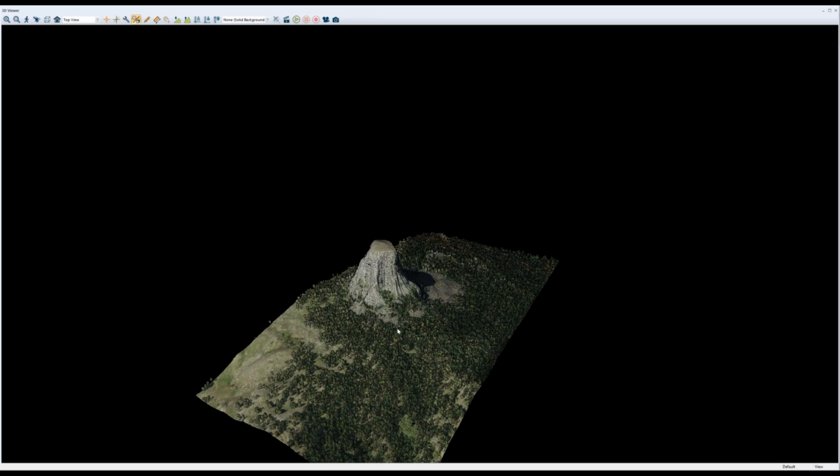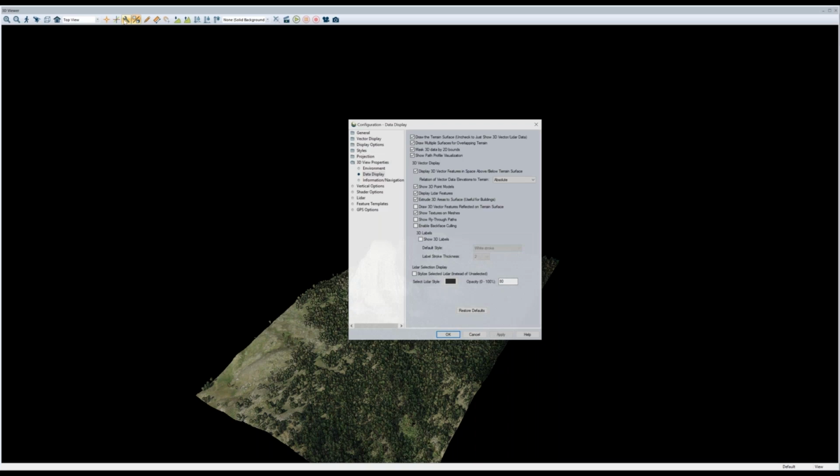I'm doing this now just for the sake of performance, while I'm also streaming this webinar and recording it, and I have a lot going on. So if you're ever in a scenario where you need to help improve performance, or maybe you're just working with a massive point cloud and you don't need to see the full extent of it, in the configuration settings for 3D, there's an option to mask 3D by the 2D bounds, and that's what I have